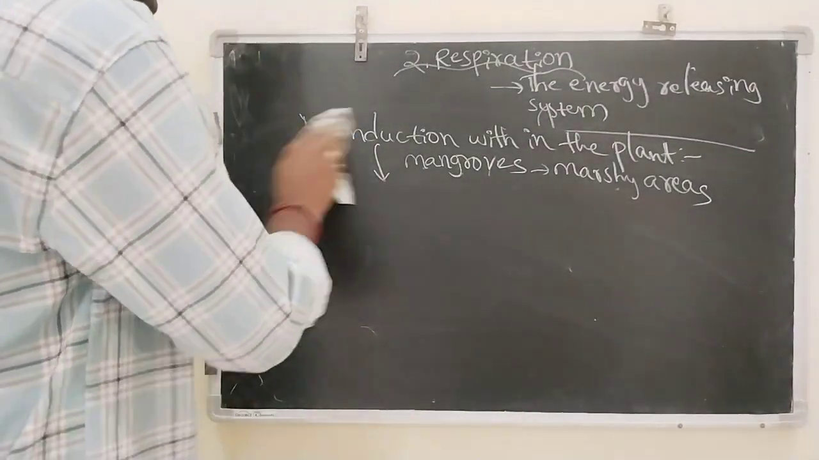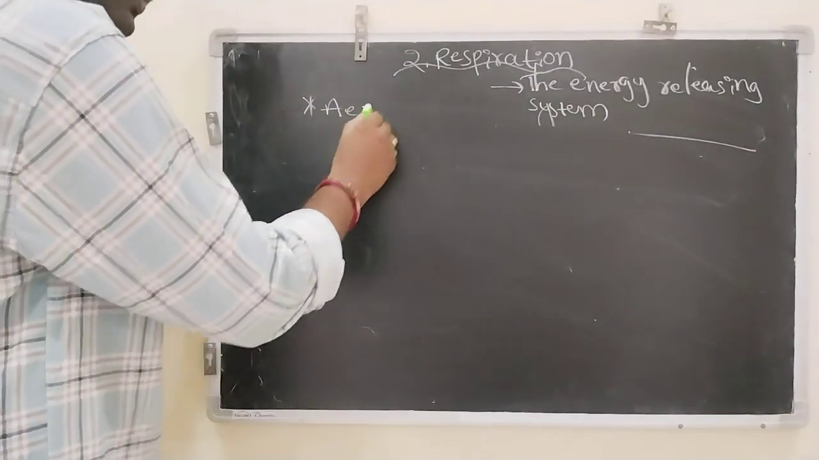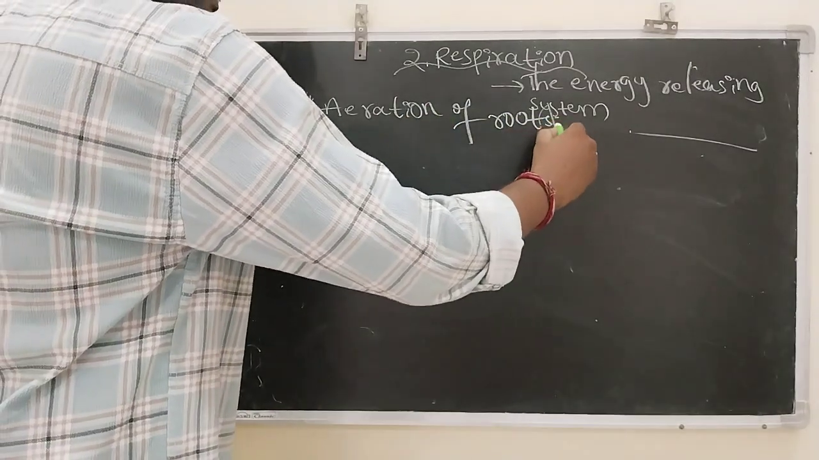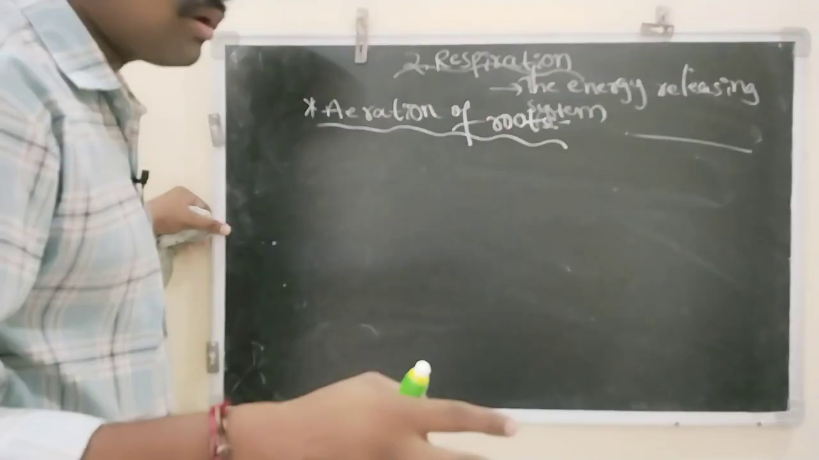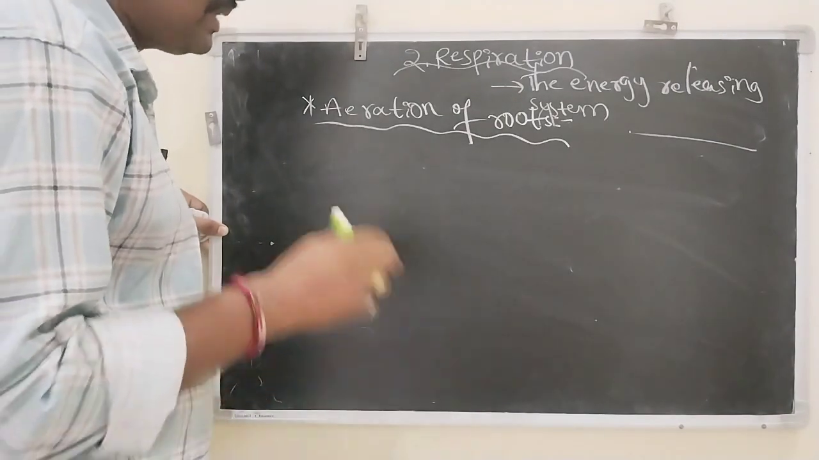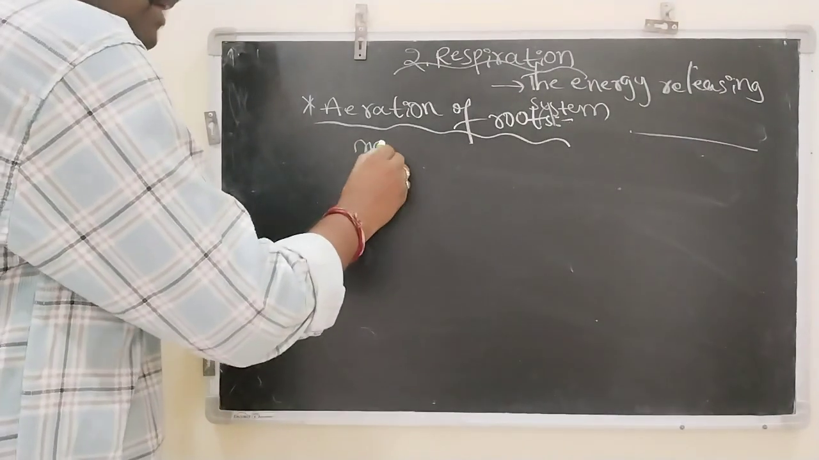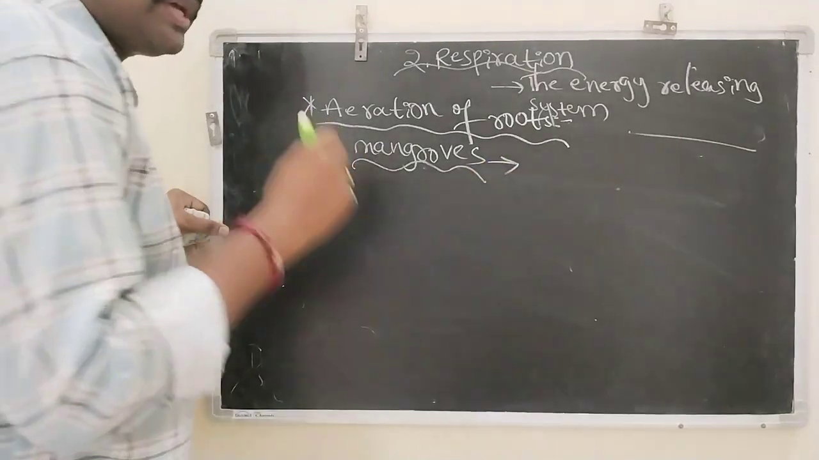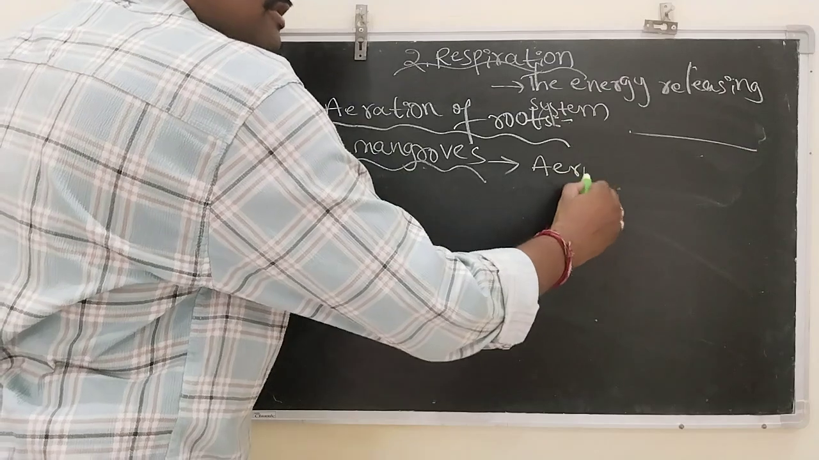Next, what about the aeration of roots? The aeration of roots concept is related to mangrove plants. For plants living in completely waterlogged conditions, there is a possibility of death of the plant. But there is an exception for the plants living in marshy areas called mangroves. Why? Because they have an adaptation. What is the adaptation here? The presence of aerial roots,